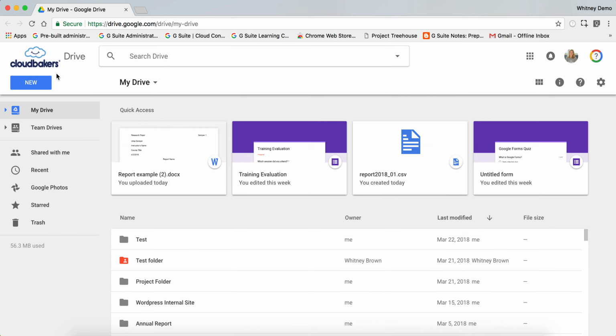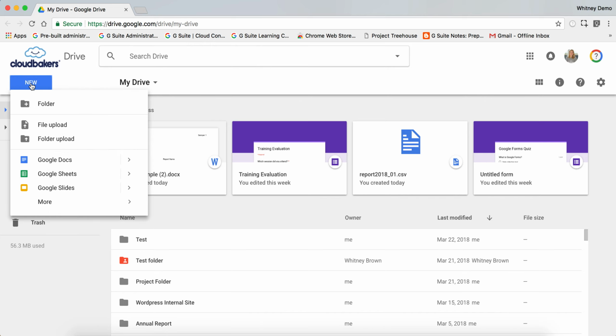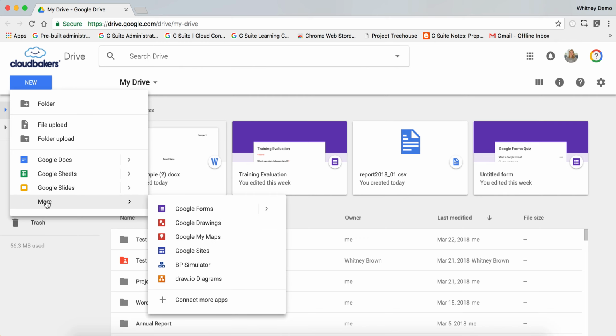Moving all the way over to the left side of the screen, you see this big blue New button, and this is where I'll go to add a new folder, upload a file, upload an entire folder, and to create new Google Docs, Sheets, or Slides. And right below, under More here, you can see my other additional Google file types, such as Google Forms, Drawings,